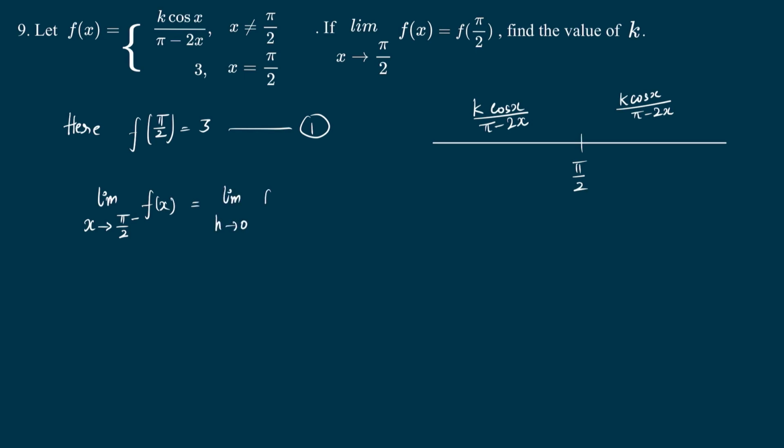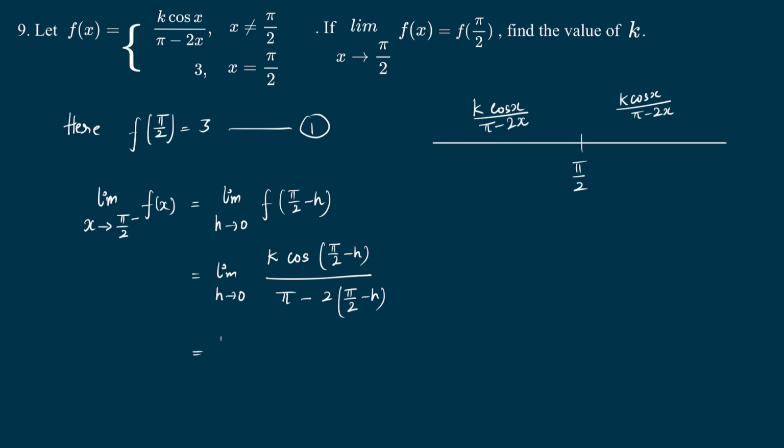h tends to 0 f of pi by 2 minus h, equals limit h tends to 0. Since this is the left hand limit, we are approaching pi by 2 from the left hand. So the function is this. It will be k into cos of (pi by 2 minus h) over pi minus 2 into (pi by 2 minus h). So it will be equal to limit h tends to 0 k into, now from trigonometry, if you know,